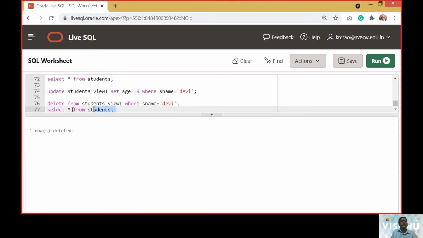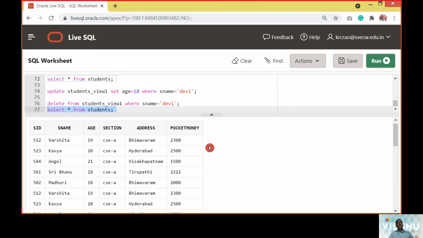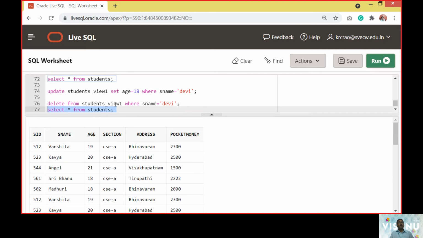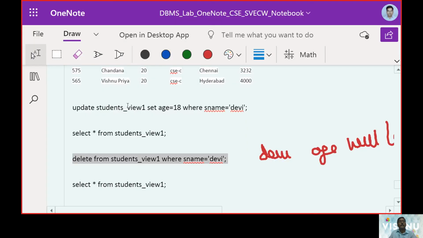The answer should be yes. Of course the answer should be yes. So we don't find any value Devi. Earlier it was 31, now again it is 31 here.